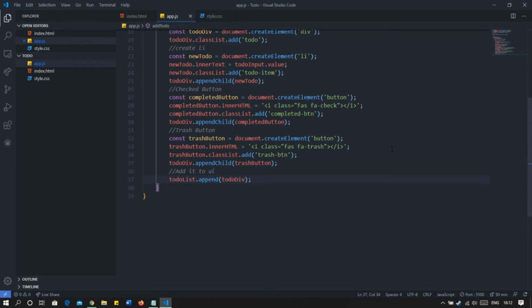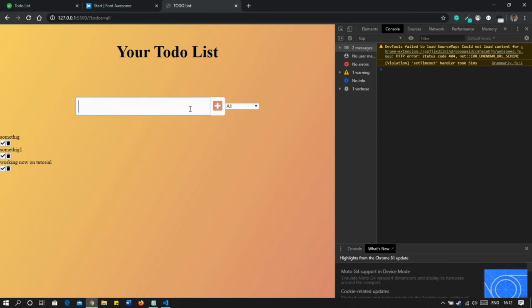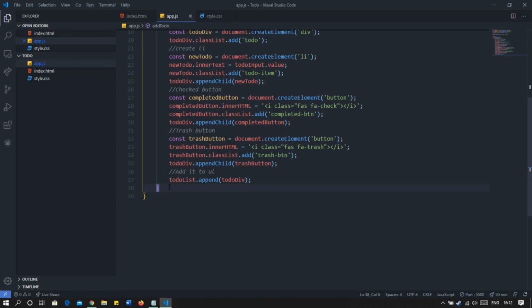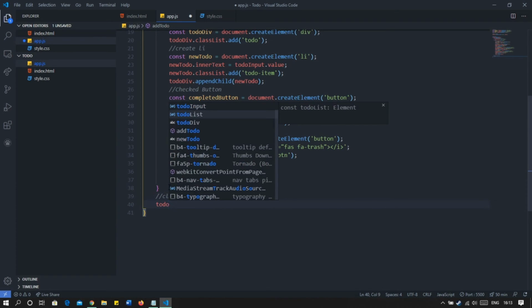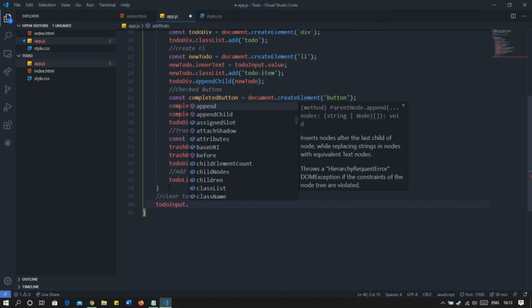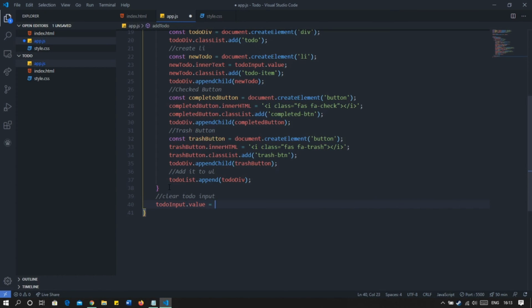So now as this is done, as you saw, this is very hectic because I write something get fruits, enter. Now this is not getting cleared, so each and every time I have to manually clear this. So we will do that here. We will clear as soon as we have inserted the element, we will clear it. So here clear to do input. Okay, so to do input dot value equal to clean, right?